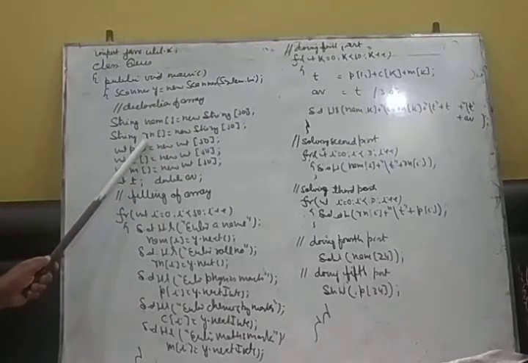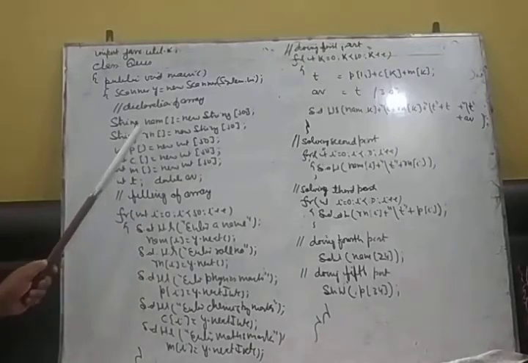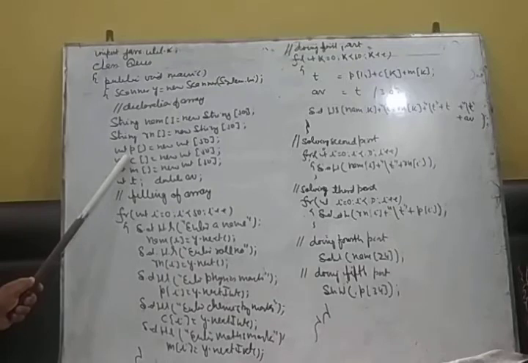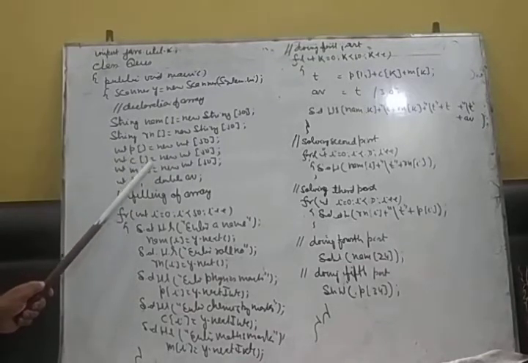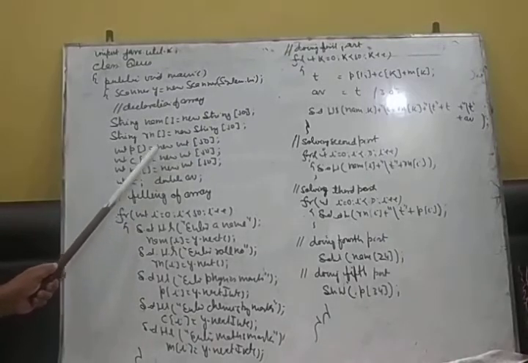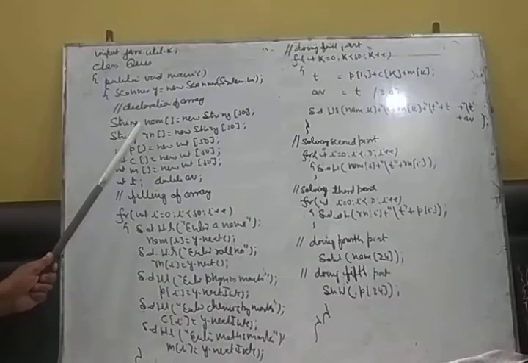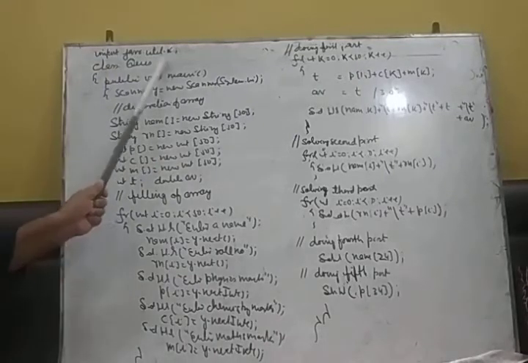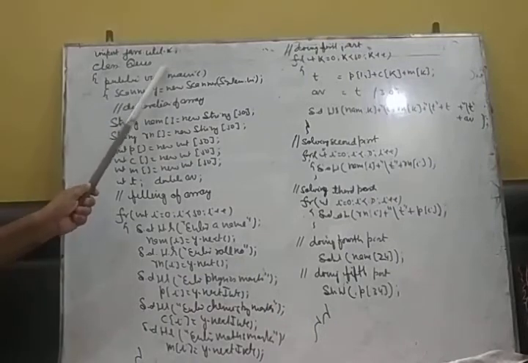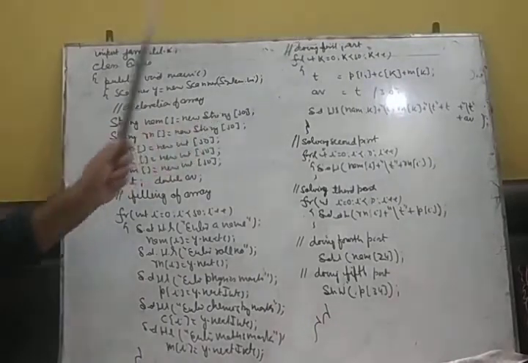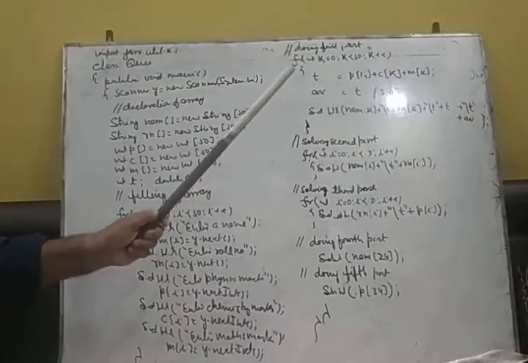I have defined Rn named array having 50 cells of string type. I have declared P named array having 50 cells of integer type. C for chemistry marks, M for maths marks. Now what is the computer going to do? It will open an array NAM having 50 cells. Then roll number, again another array Rn having 50 cells. P with 50 cells to store integer physics values and so on.